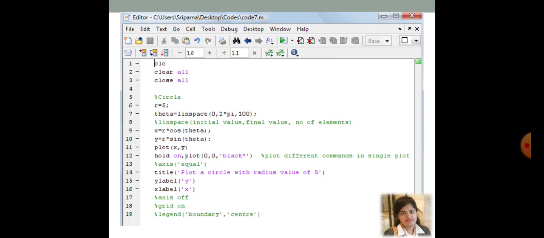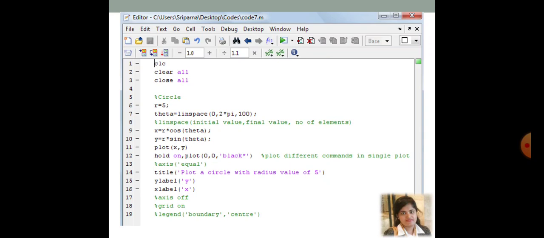So x is r star, that means multiplication, with cos of theta. Now just tell me, r is one particular value, right? The size of the r variable will be 1 cross 1. Now the theta variable, what will be its size? It is 1 row and 100 columns, so there will be 100 elements.